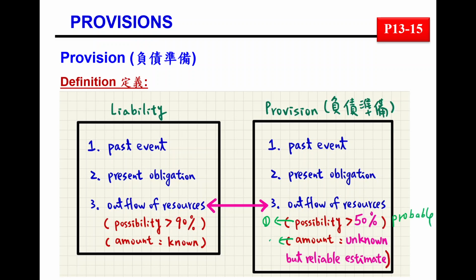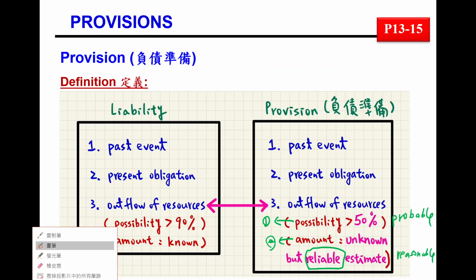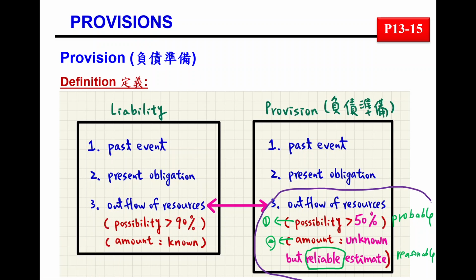Second one, the amount should be reliable, which means reasonable. So these are the only two conditions we require in accounting. So even though we have some uncertainty,